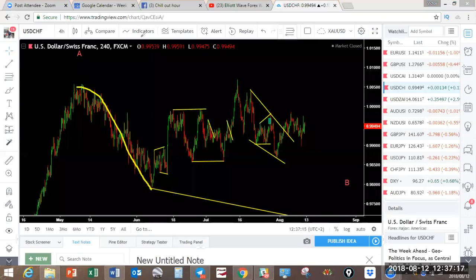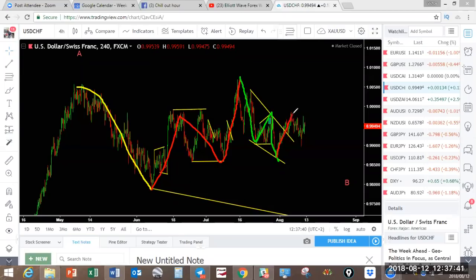So that's that whole correction that we're looking at. Move down, three-wave correction with a regular flat in the middle, right? So this does not go, you get another move like that, very clear structure. And now what you're looking for is the last red move to the upside, 1, 2, 3, like that. So this is still a lower degree. So that's why I'm saying, you can get this one doing that,